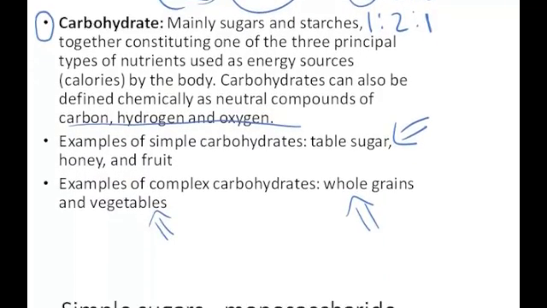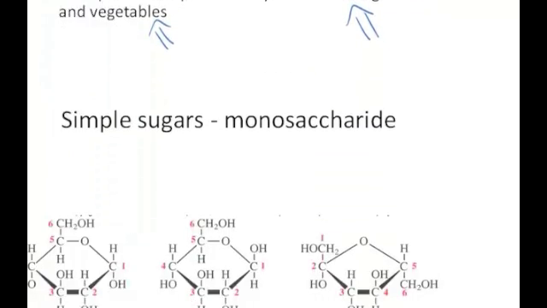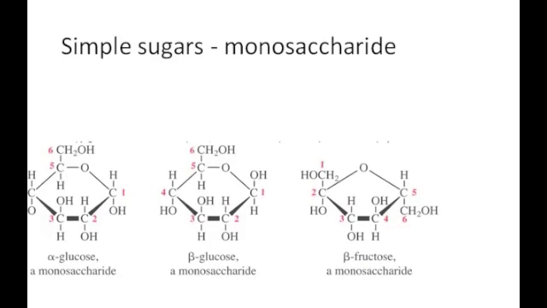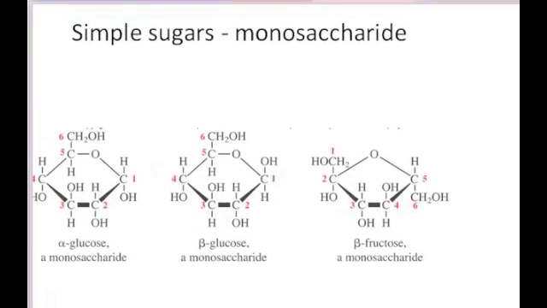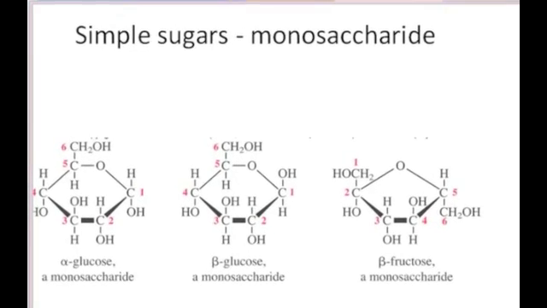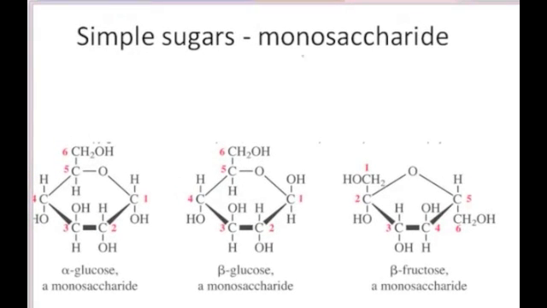Okay, so let's look chemically further at what these simple versus complex carbohydrates are. Simple sugars, or sometimes called simple carbohydrates, are also called monosaccharides. Mono because they have one, what we consider sugar unit. Here's an example of